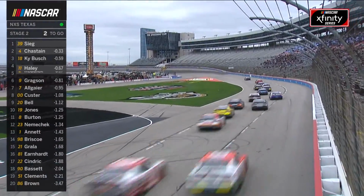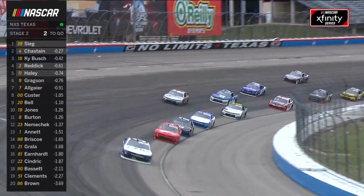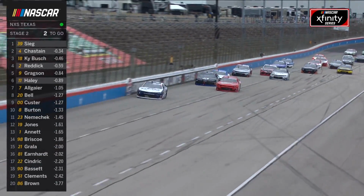I said he likely won't win the stage. Did I sell him short here? 2 to go. I think you did, man. I'm really pumped about this, seeing Ryan Sieg out front here with 2 to go. He can carry this bonus point into the playoffs if he's able to hold on to this lead. Great call by crew chief Shane Wilson as you see the 7 of Justin Allgaier get out of shape, racing